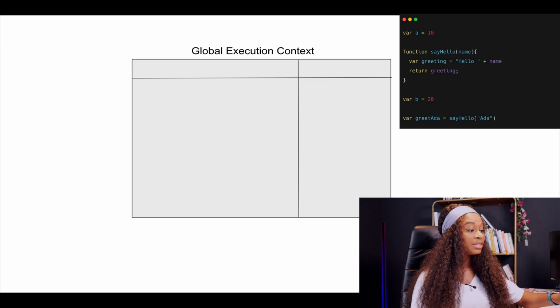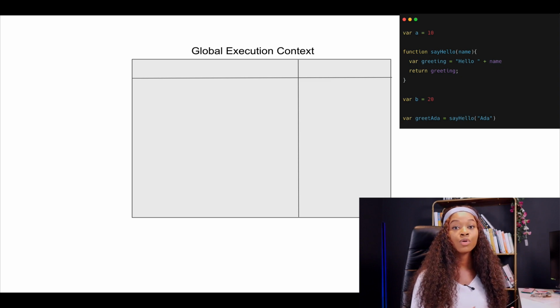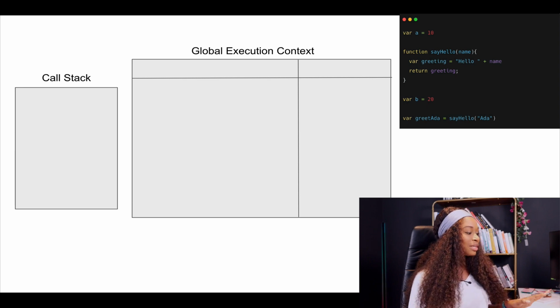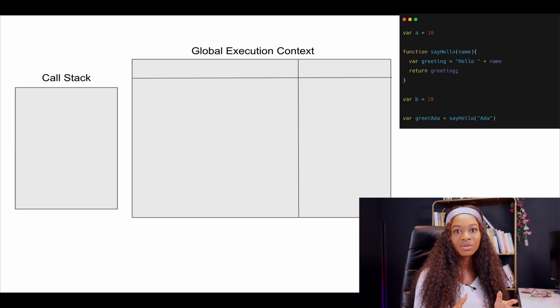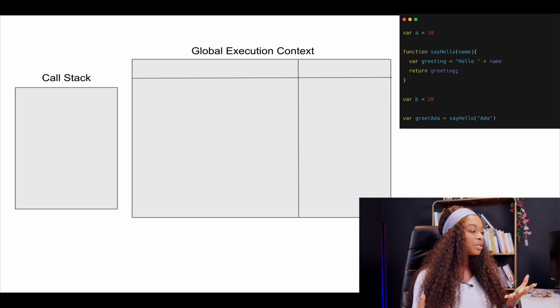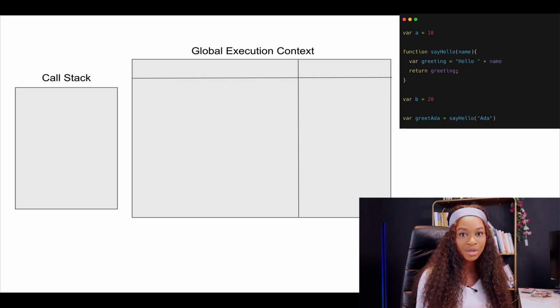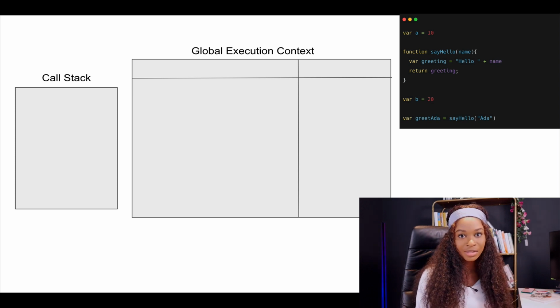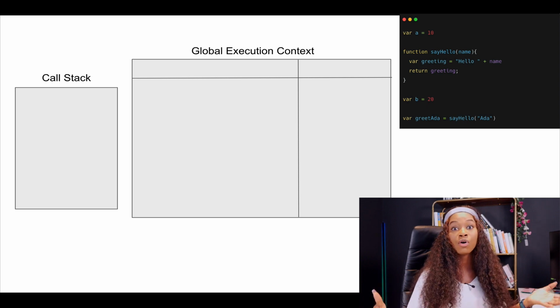Now, another thing the JavaScript engine has is what we call the call stack, right? The call stack is sort of a data structure that helps JavaScript keep track of functions that have been invoked. It helps JavaScript keep track of where the thread of execution is currently. We're going to see more about the thread of execution and the call stack, but